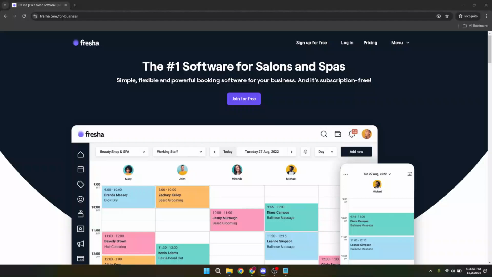In today's video, I'm going to teach you how to edit discounts on Fresha. Whether you're looking to entice new clients with an attractive offer or reward your loyal customers with special deals, mastering the art of editing discounts on the Fresha platform can significantly contribute to the success of your business. Let's take a closer look at how you can modify your current discounts to better suit your promotional needs and